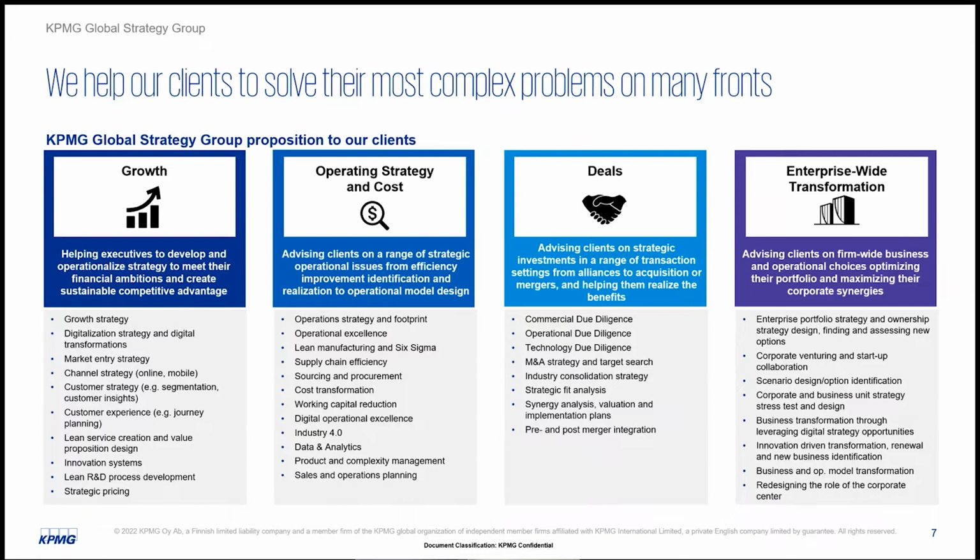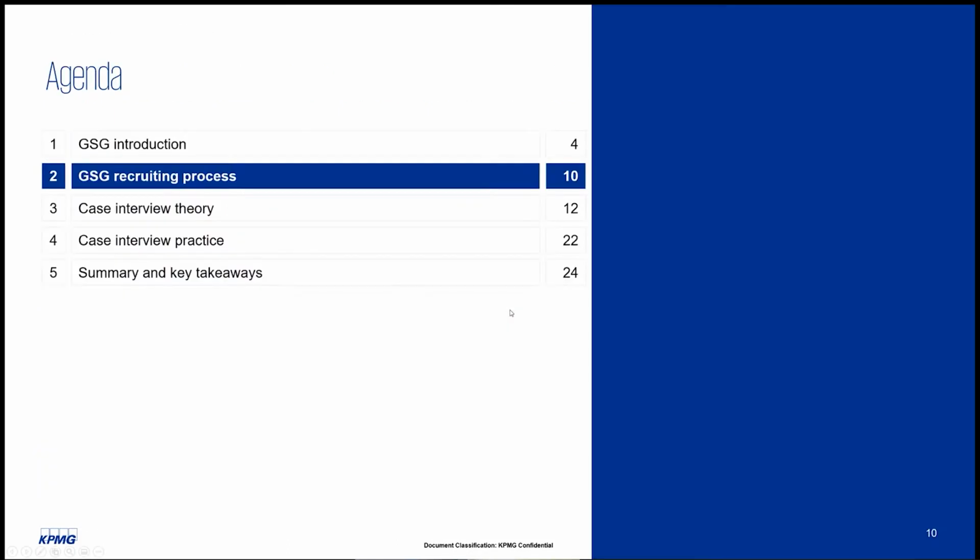Yeah, maybe just one comment that there's a lot of different bullet points here. Just to summarize what we most commonly do: we can do a growth strategy for a customer, or on the operational side, looking at different operational improvement projects. And then on the deals, we do a lot of commercial due diligence. So let's say a company wants to buy another one. Before they do, if it's in a different sector or a different market, we'll look at that market and the competitors to identify whether it's a good idea or not. So just a very general simplification of what we do. But yeah, let's move on.